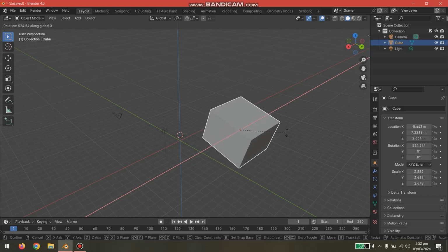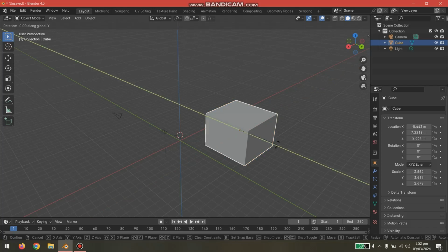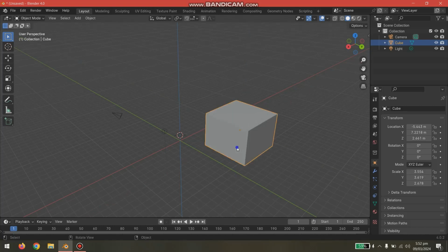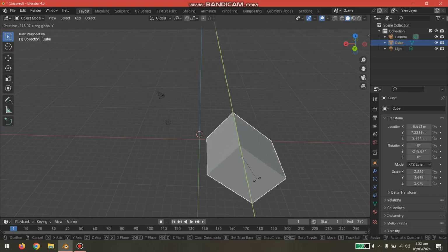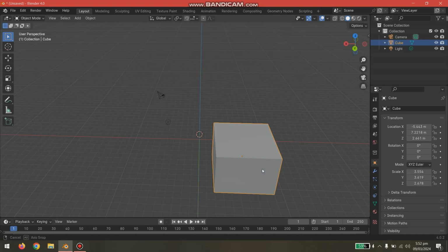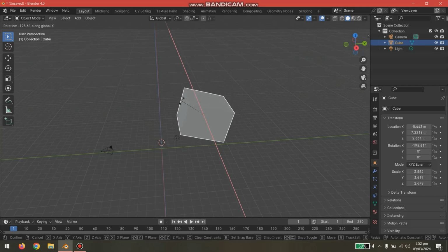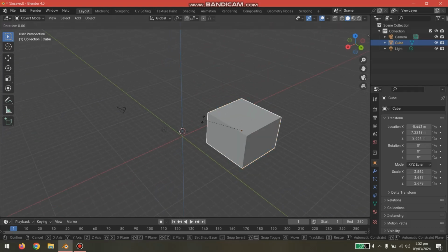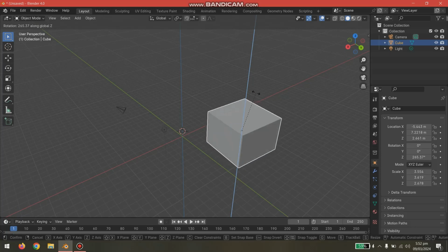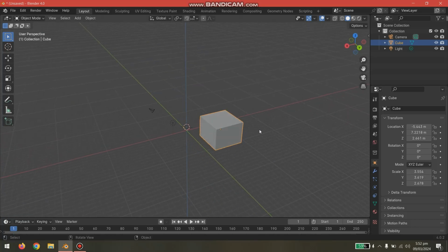You can see here. Okay, so when I want to rotate it in the y direction, I press R and then Y and then rotate it. There is a difference. You can see here that when I'm in the y direction, I rotate it along the y axis. When I'm in the x direction, I rotate it along the x axis, and the same is the case for y. And when you press Z, you are rotating the object along the Z axis. Okay, so this is how rotation, movement, and scaling is